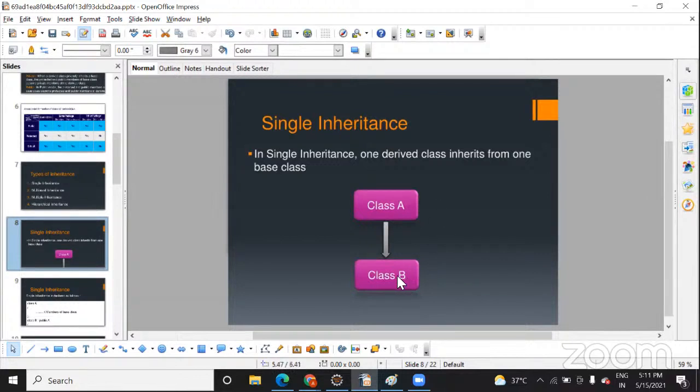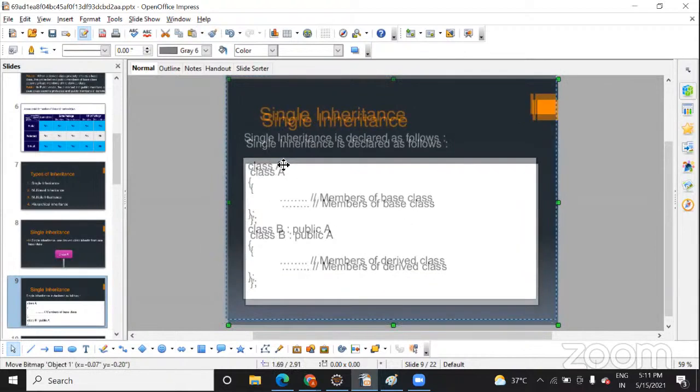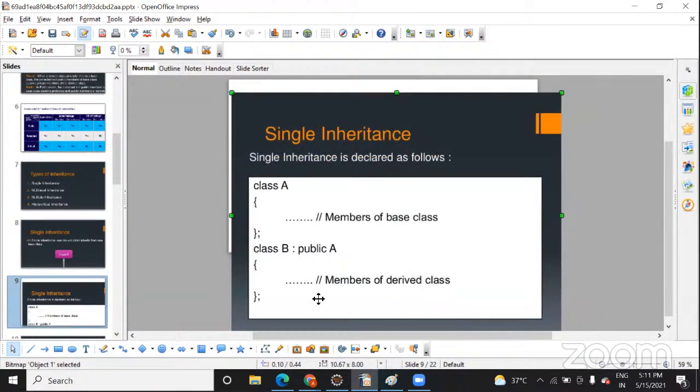Is your child something like Windows 8 and Windows 10. And how are you going to implement class A? You define it. Class B : public A means you are going to extend class A publicly, because suppose this class is public, then you can extend it like this, class B. Don't go for the syntax now, I will explain it with the program.